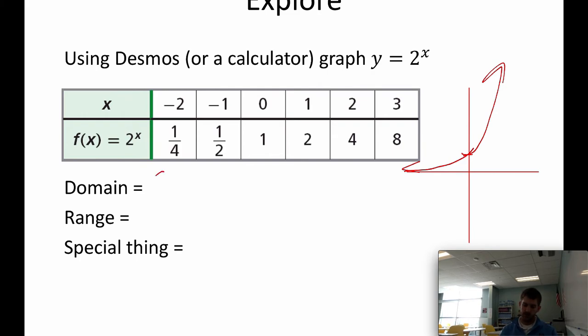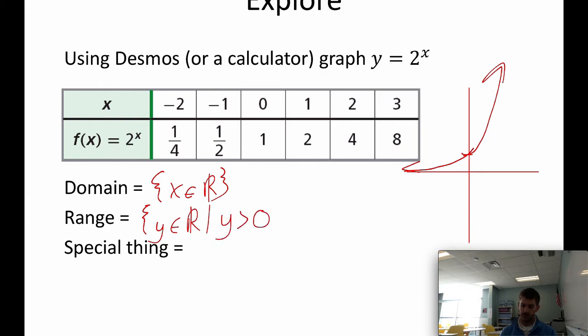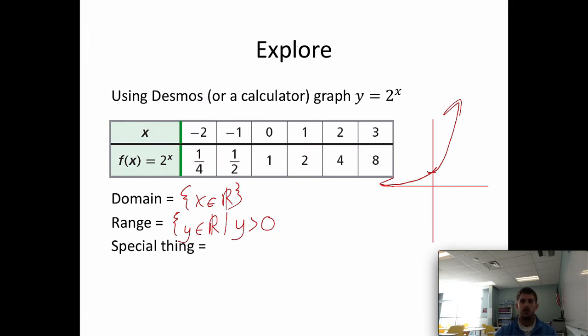So our domain on this one would be x is any real number we want. The range, looking at this graph, now my graph is not a perfect representation of it, but the range, we're talking about the y values, those are also real numbers. But looking at this, and this is going to get into the special thing, it's not going to cross the x-axis. So we're going to say y greater than or equal to, or sorry, just greater than 0. So we're going to have y greater than 0, and again, the special thing is it never touches